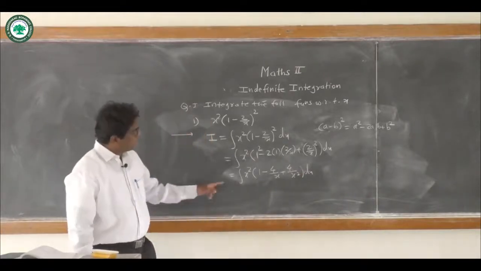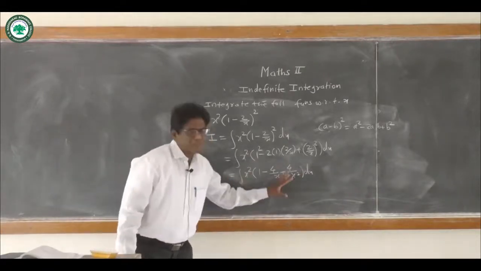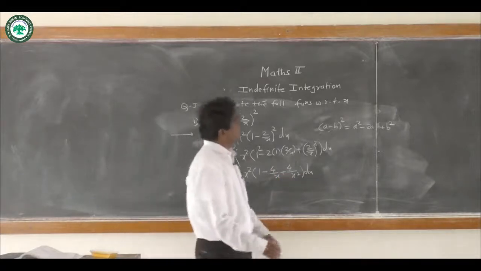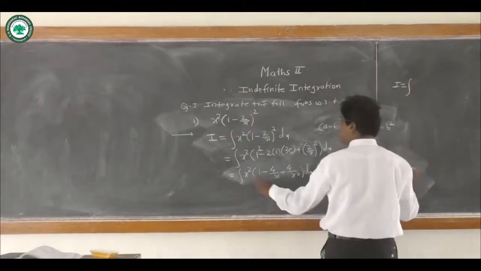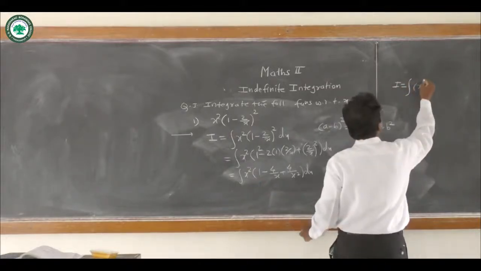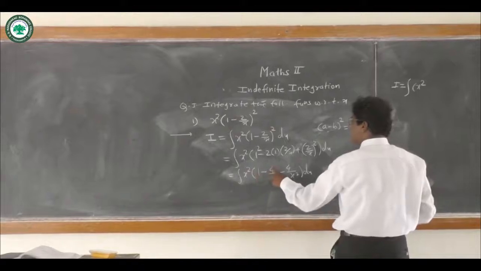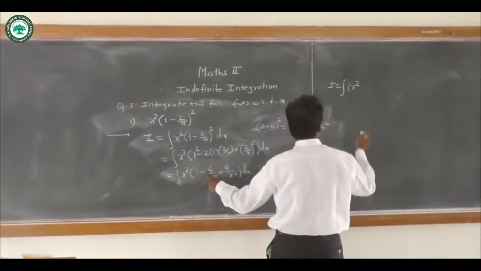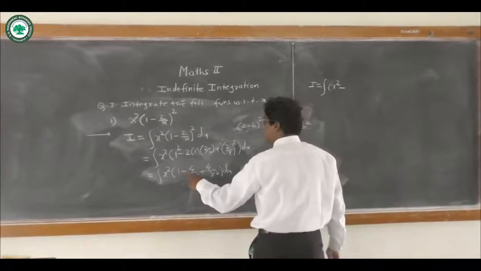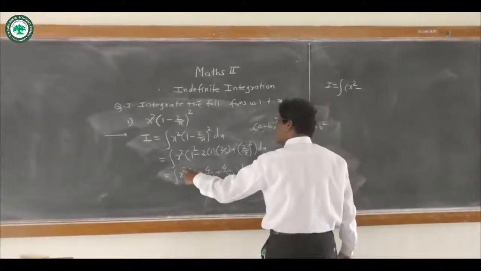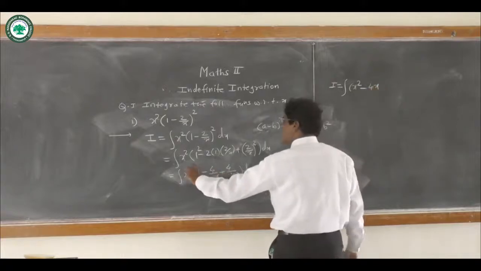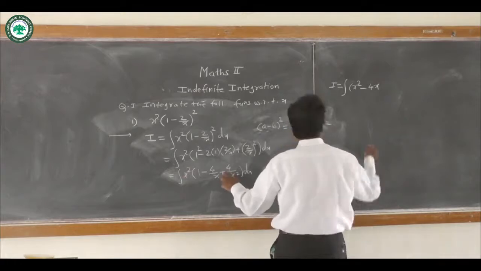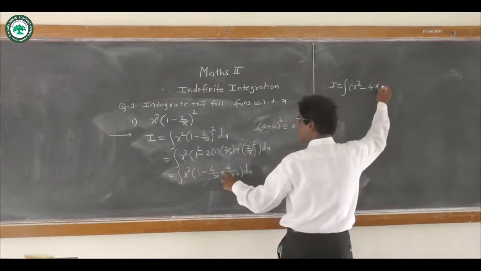Now here multiply by x square inside the bracket, and so we get I is equal to integration of x square into 1, that is x square, into 4 upon x, here the sign is minus, so minus. Now this x and x get cancelled, so x into 4, that is 4x. Now x square into 4 upon x square, this x square and x square get cancelled, so plus 4x plus 4